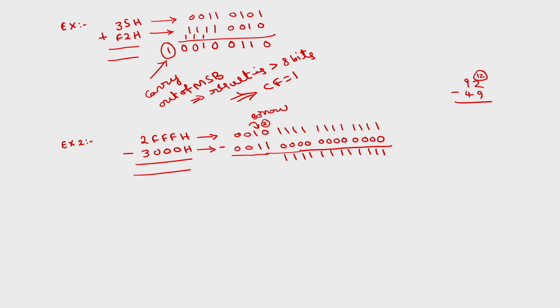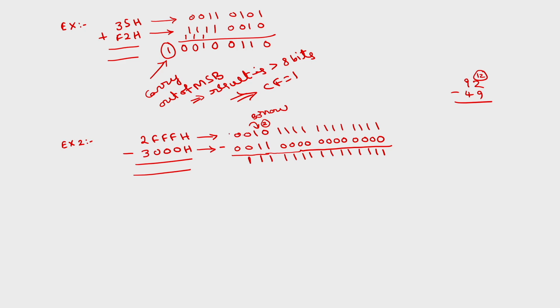Whereas here, if I take the borrow, the base of the binary number system is 2, so a 2 will be added. So, 0 is there, 2 will be added. 2 minus 1 becomes 1. Similarly, this 1 has already given the borrow to this one, so this becomes 0. Again 0 minus 1, to perform this we require a borrow from the next stage. So, this becomes 2, 2 minus 1 is 1. This is actually 0 minus 0, but it has given one borrow to the previous bit, so to pay that borrow it has to take a borrow again. If it takes the borrow, it becomes 2. Out of these 2, 1 has been given to the previous stage, the remaining 1 minus 0 becomes 1.